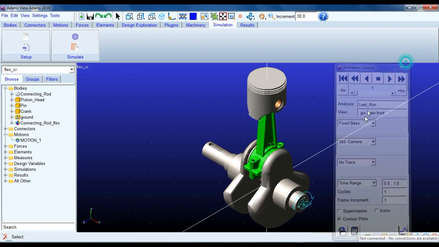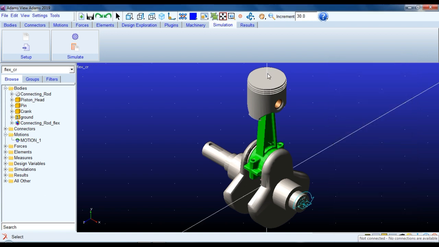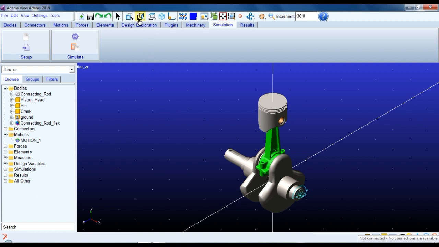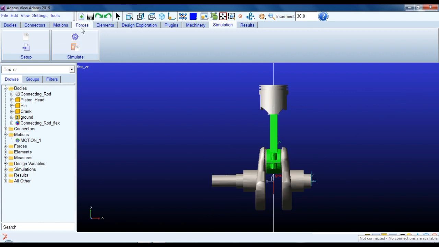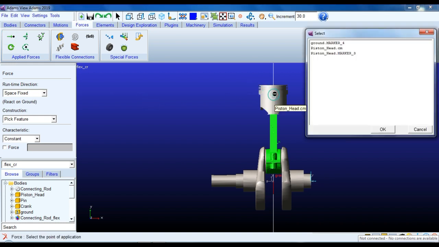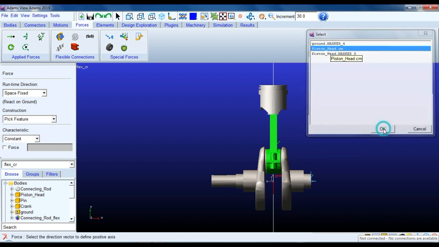connecting rod. So what will I do? I will apply some force on this piston. If you see in an engine there will be combustion force, so we will apply that and we can see what stresses are coming into the connecting rod. Just go to force tab, choose this force, select the body piston head, location as piston head, center of